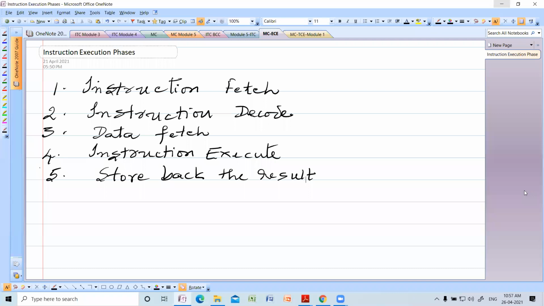That is, a set of instructions is stored in the memory. One by one, an instruction is executed. How? First, the instruction is fetched. Once the instruction is fetched, it is copied into the instruction register first.